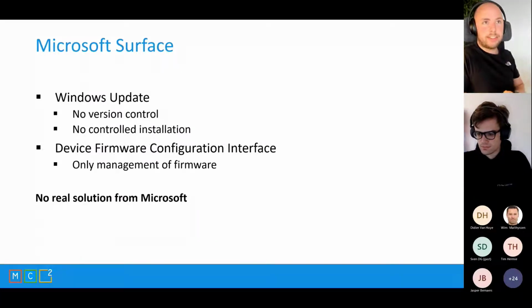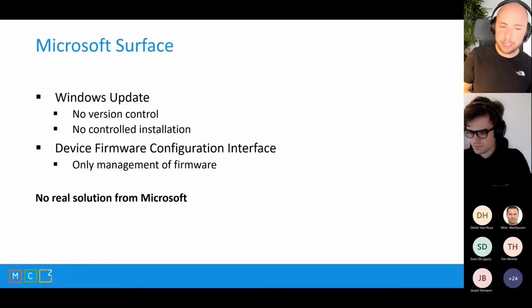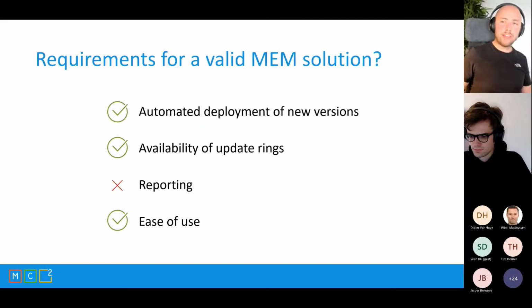The downside of this is that it's very limited. When you have a look at the configuration profile, I think it's less than 10 settings. So this is not really an option from Microsoft. So I don't call it a real solution. When we have a look at the requirements we think are